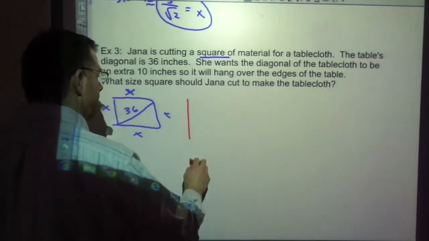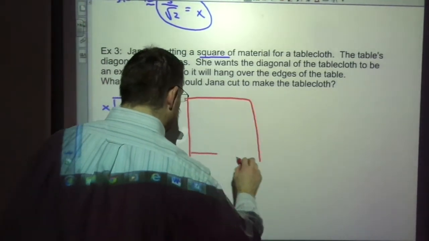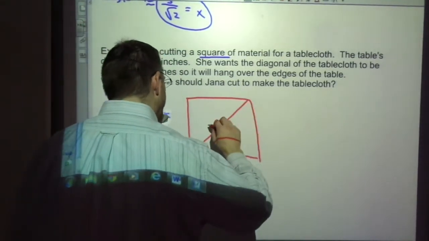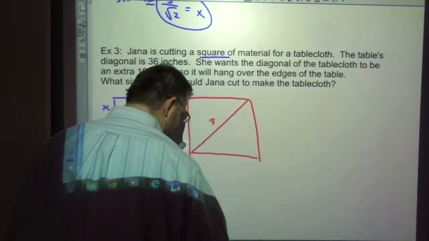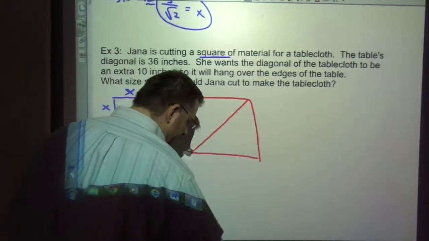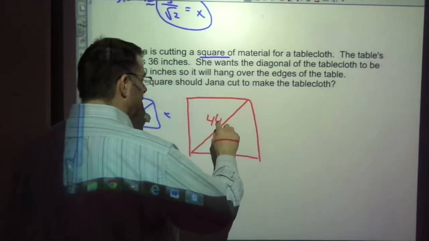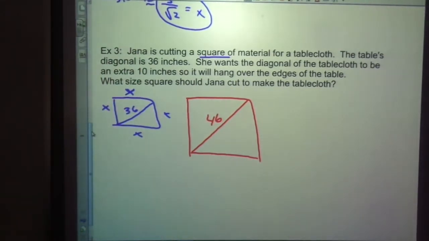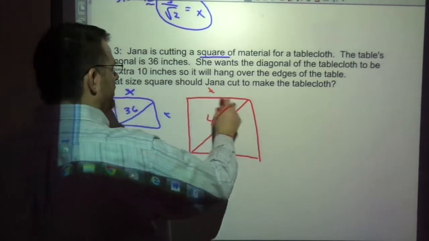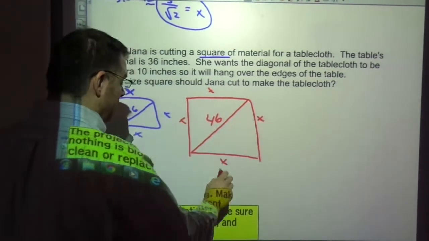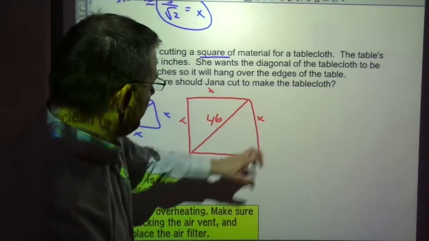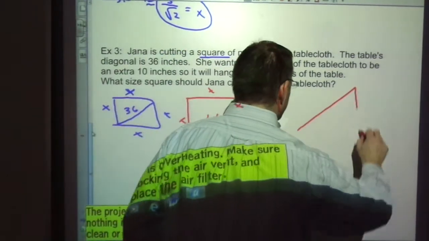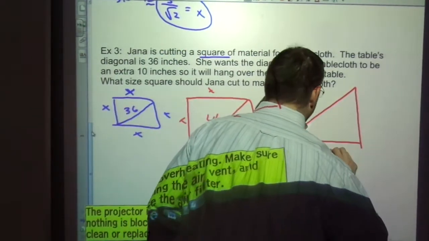So let's do tablecloth a little bit bigger. And we'll make that one 36 plus 10. This is going to be 46 inches now. So it's a little bit bigger. How big should she cut this tablecloth? How big should this square be? We want to know x, x, x, x. Well, we can just use this part of the triangle. It's going to look like this. 45, 45, 90,